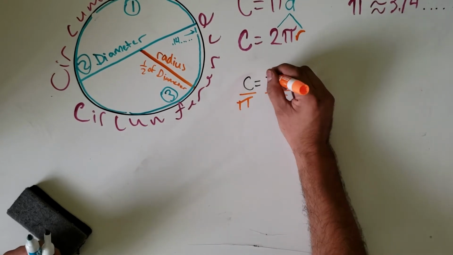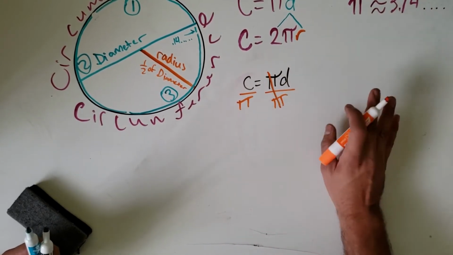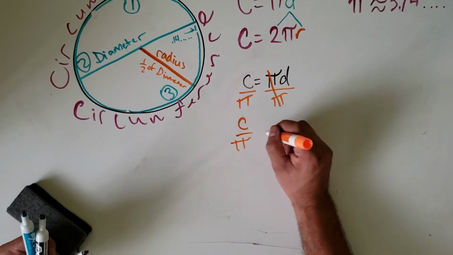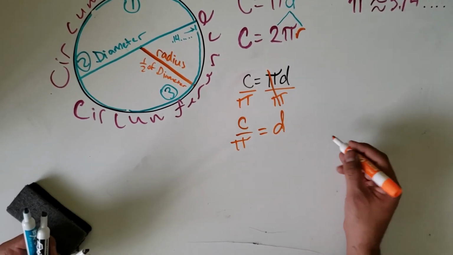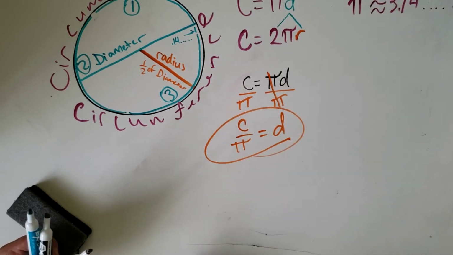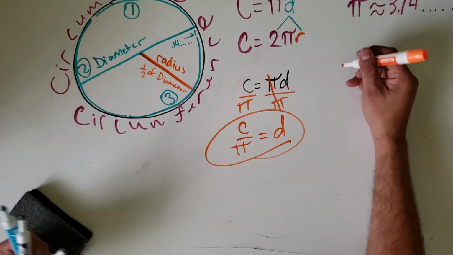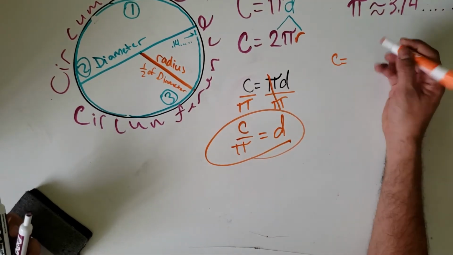So now, right here, pi divided by pi is 1. Anything divided by itself is 1. So I'm going to get C over pi equals D. Okay, so this is the formula to solve for diameter. Okay, so now I can use it to find, let's say we work backwards. Let's say C equals